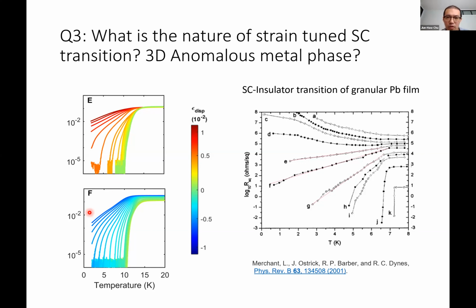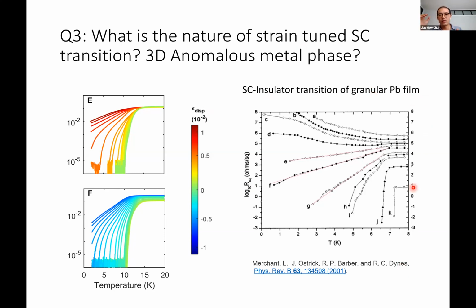And now we have a new way to continuously switch the superconductor on and off. And then, very interestingly, near this superconductor-metal quantum phase transition, this very broad transition where we see a linear temperature dependence in the log of resistivity, this has also been seen in the superconductor-insulator transitions in two-dimensional systems. This is work done by Bob Dynes on a granular lead film,